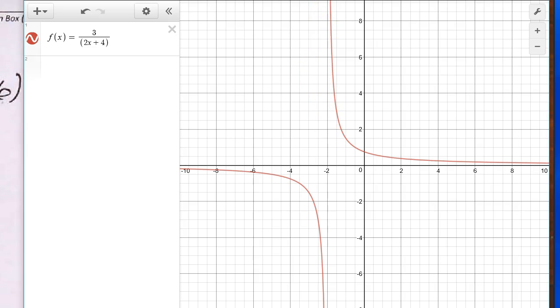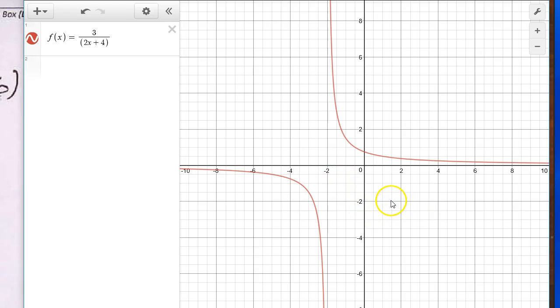Notice the vertical asymptote running through -2 on the x-axis. That was the restricted value of x. X cannot equal -2. There are no points on the red curves that have an x value of -2. That is its asymptote line. You notice the red curve getting very, very close to the asymptote line moving up. And similarly, this section of the graph, that red curve is getting closer and closer to the vertical asymptote line